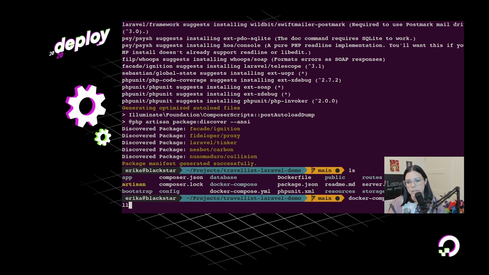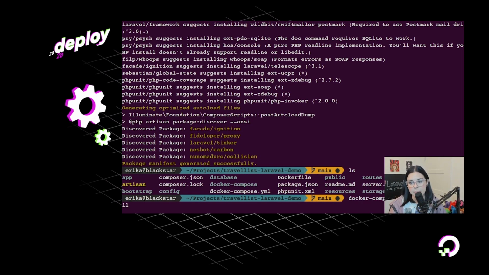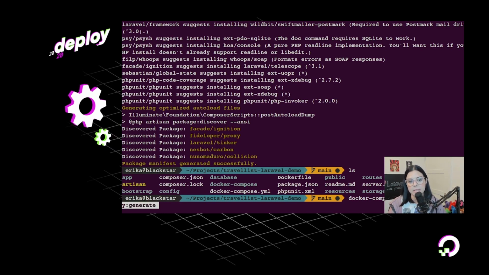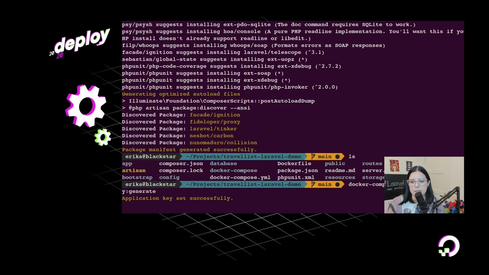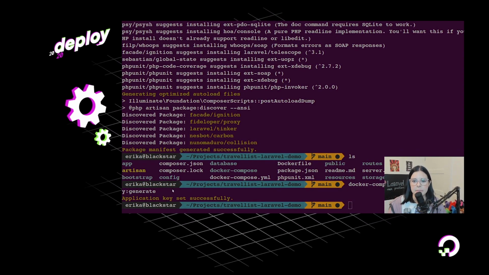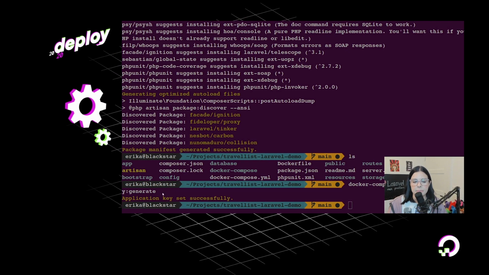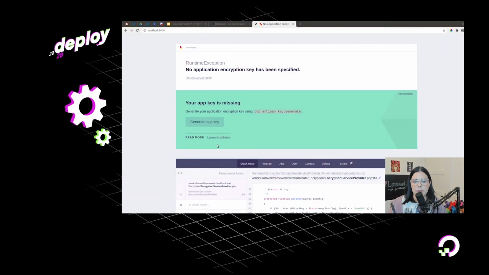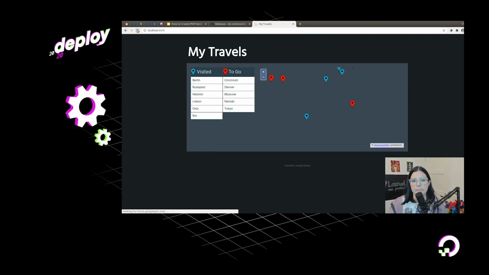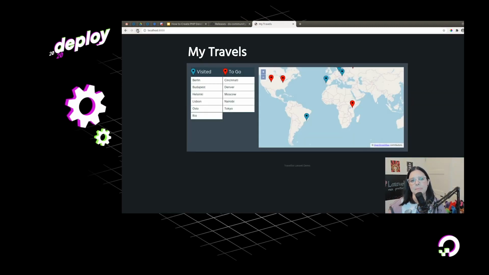So we need to run docker-compose exec app, and then the command we need to run, which is php artisan key:generate. Okay, so the key was set up. And now we can go to the browser again. And it's up and running.